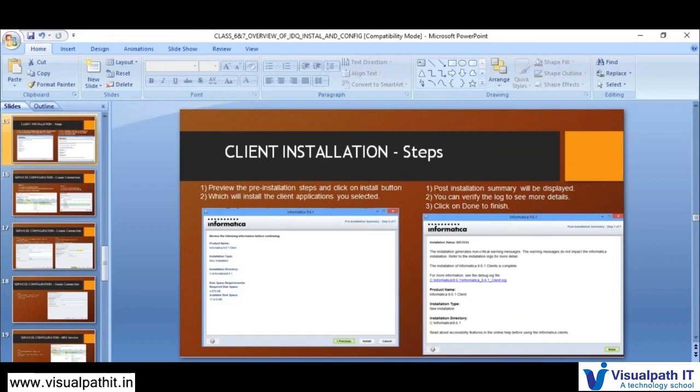So now we will be logging into admin console and we'll see what steps will be used. Let me log into admin console.